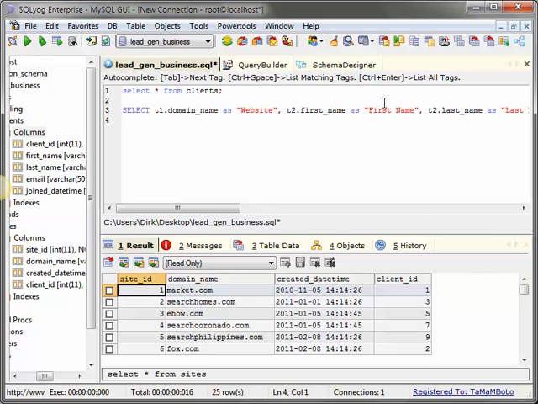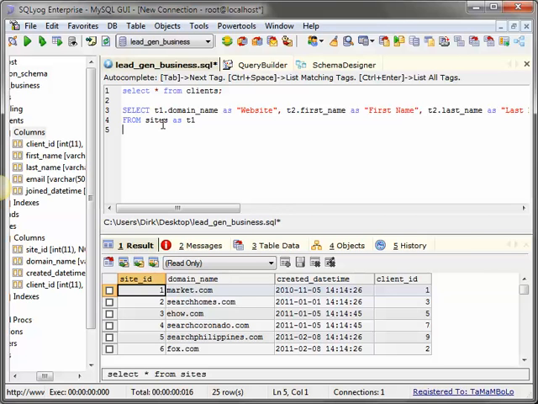Okay, so next, from which table? Since we selected first the domain name, from sites as T1.